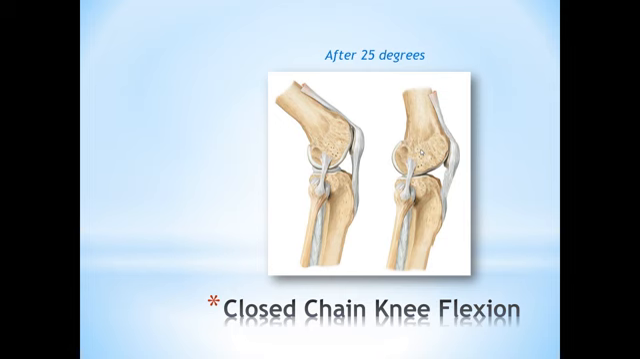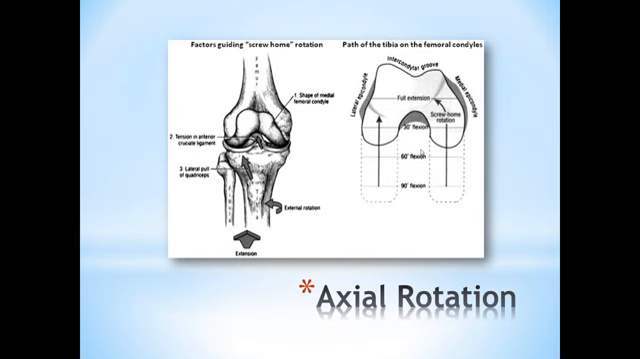There is a vertical axis which allows for axial rotation. And there's this concept of an automatic locking that occurs during terminal extension, which we call the screw home mechanism, and works as a function of the incongruence of the femoral condyles and the tibial condyles. So, this axial rotation and the screw home mechanism, as I have mentioned before,